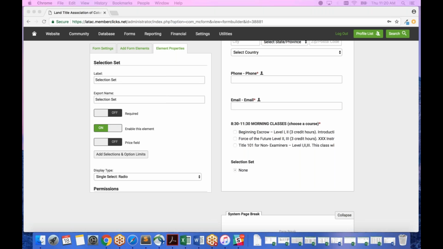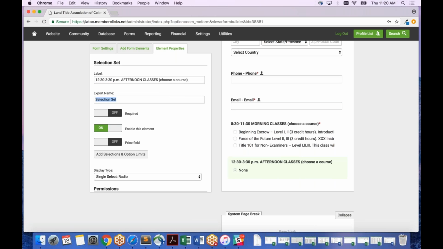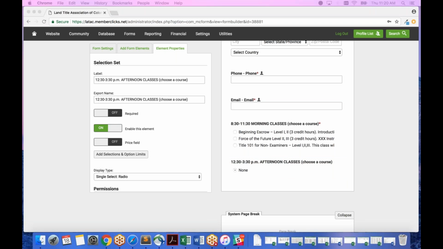The first thing I want to do is give my selection set a title. So the way that I did that is I just took the title from your selection set on your form. I'm going to select the selection set and put it as the label. Make sure we're always putting it in the export name as well. That's created the title of this set of options. Then I took each option that they could check,